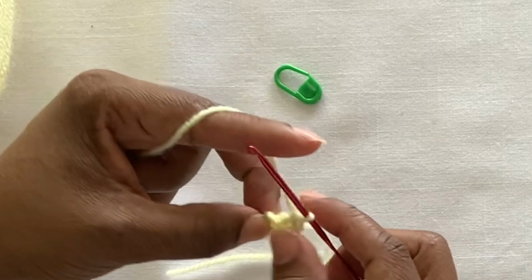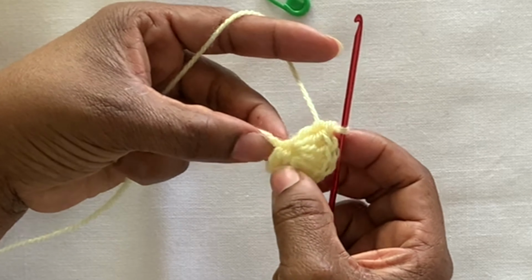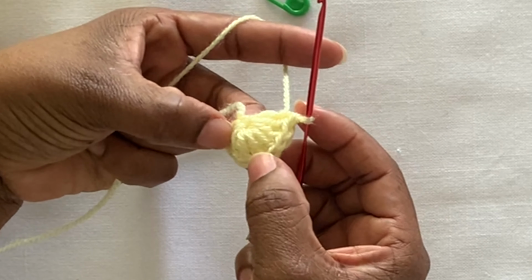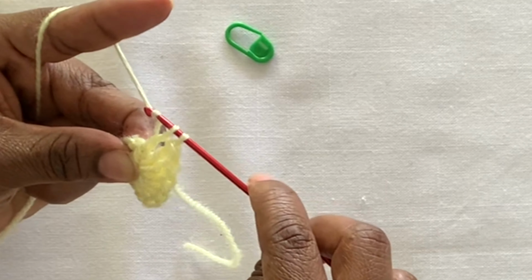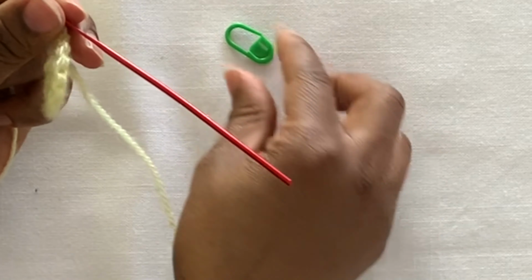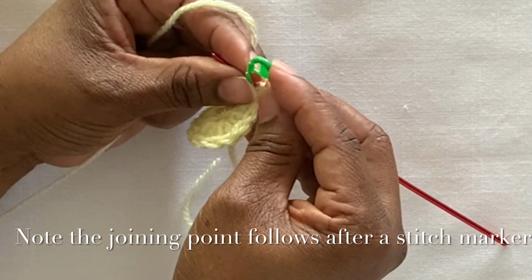And then now you're going to use 12 double crochet stitches to go into the round. I'm actually using a wool which is really thin, so you have to count your stitches and then make sure that they are 12, and continue from there. Once you've reached your 12th stitch, you need to mark it with a stitch marker,